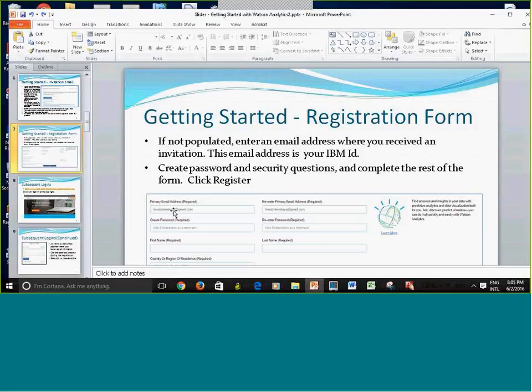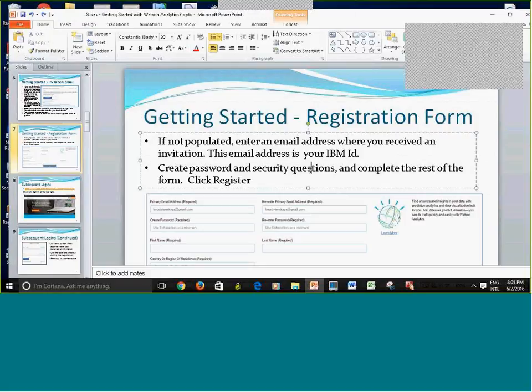It should be pre-populated. And here you need to enter the password. Some of you might be wondering what the password is. You just make it up, and make sure that you remember what it is. You put your first name, last name, and your security question, and so on. Now, this needs to be done only once.